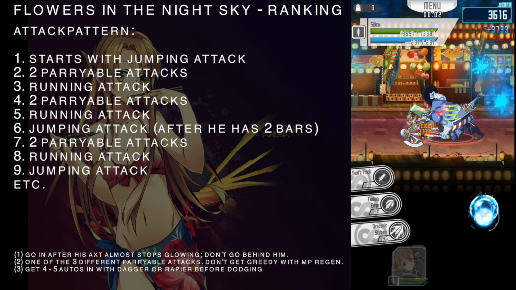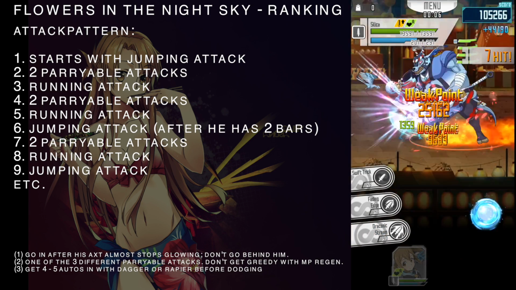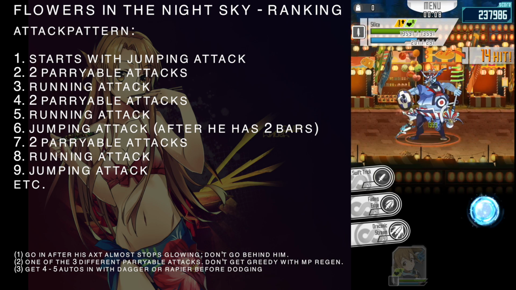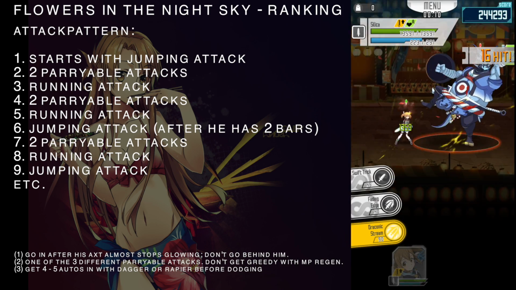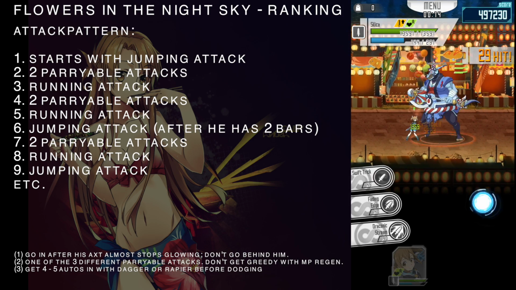He will always start with this jumping attack. You can just dodge it and attack him a few times. Then he will do one of the parryable attacks. You can get a few auto attacks in before you parry this. And he will do a second parryable attack. So the jump, then 2 parryable attacks, and then he will do the walking thing, I don't know how to call it,